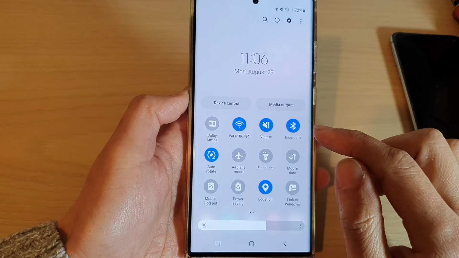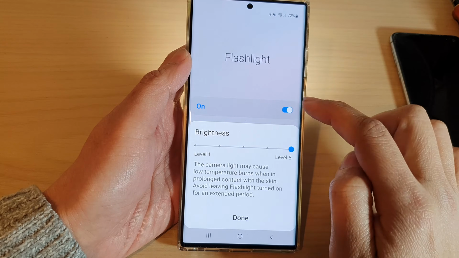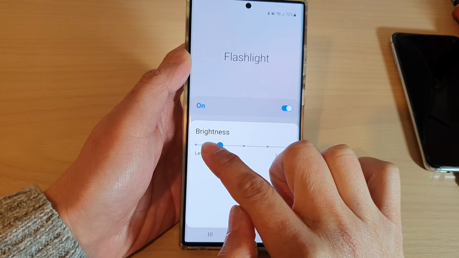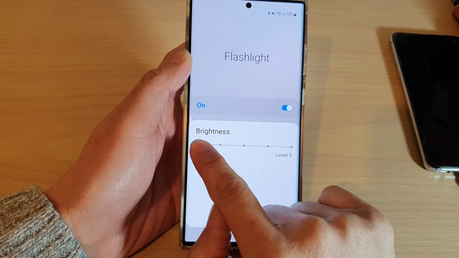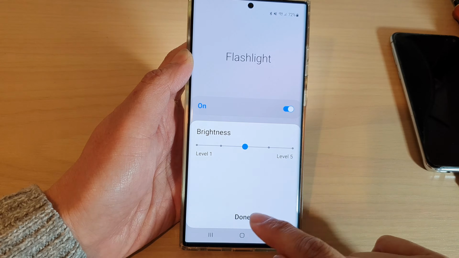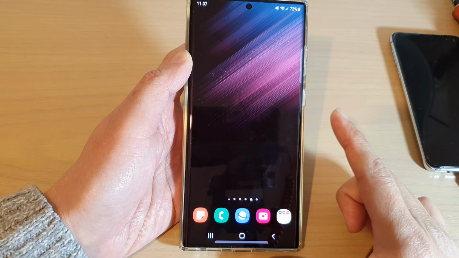Now you can also touch and hold on the flashlight icon, and here you'll be able to switch it on or off at the top here. At the bottom here, you'll be able to decrease or increase the flashlight brightness by dragging on the bar to the left or to the right, and then tap on done. Now I'm just going to switch it off and then tap on the home button to go back to the